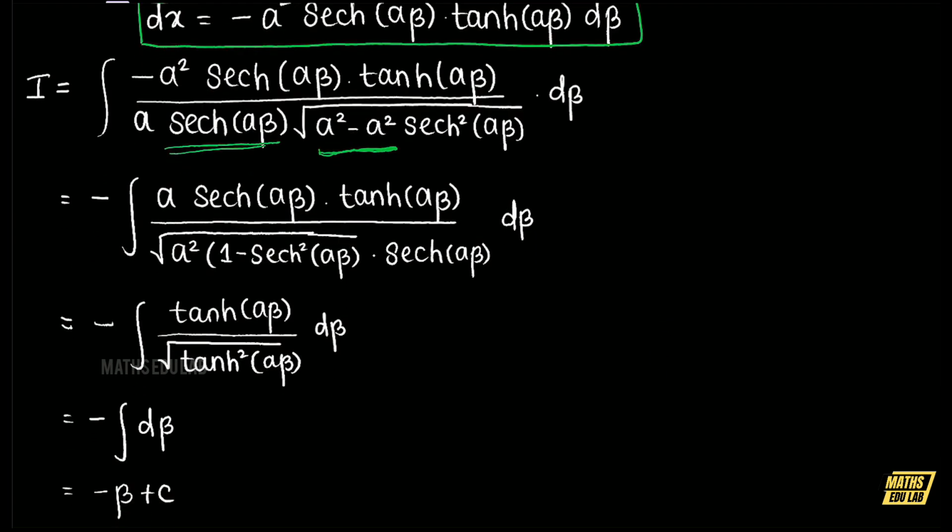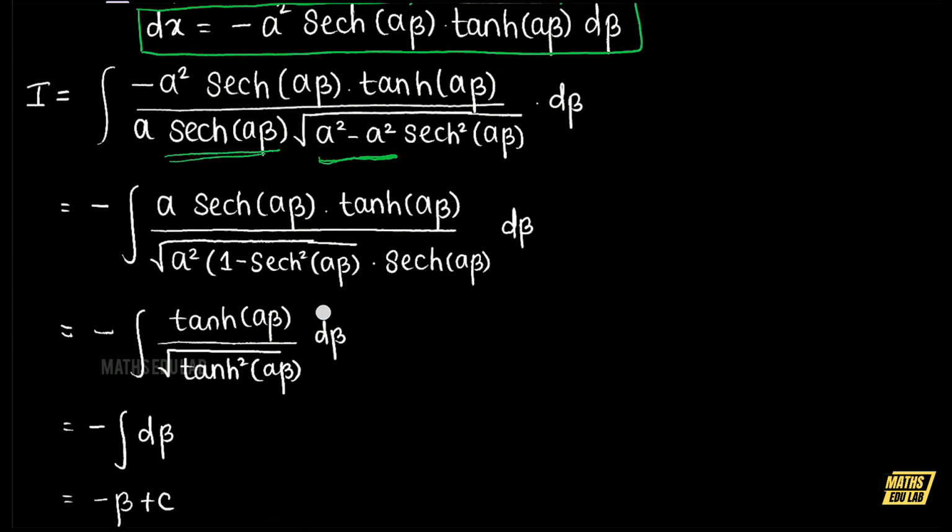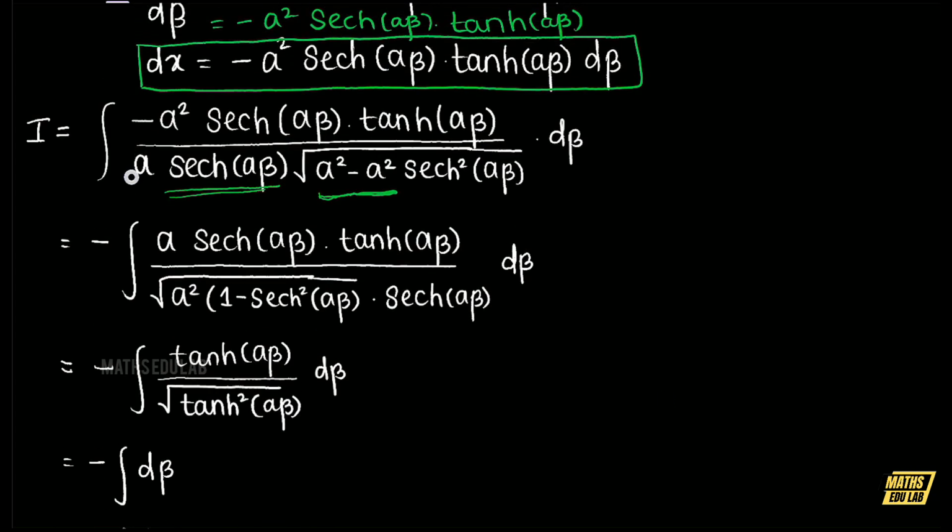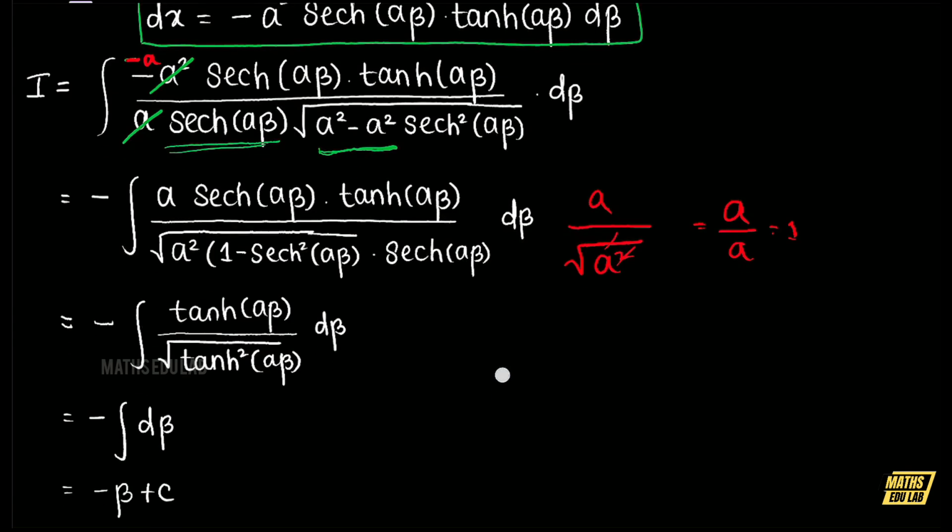Then these two values will get cancelled out here, because in this step I just cancel out the a value and again here from 1a, then the remaining will be only minus a. Again from here I have taken the a square as common, which is nothing but a upon a square. So on cancelling I got a upon a, which is 1. So in the next step, if you see, the sech a β and here also sech a β